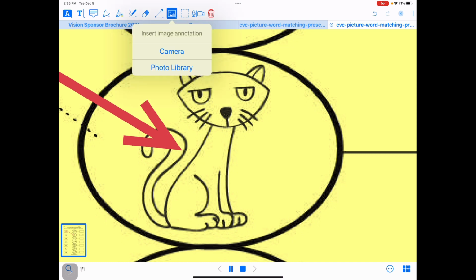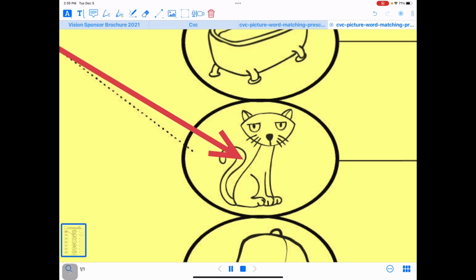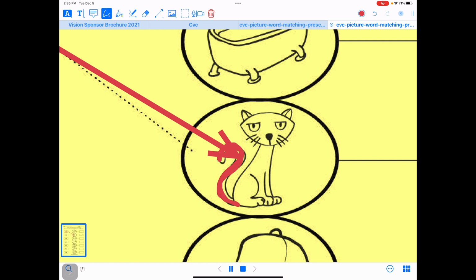You could go to the photo button and add a picture of a cat, maybe their cat, maybe a realistic photo of a cat that's more easily recognized by them visually. You could talk about the salient features of the cat while drawing with your marker tool. You could say, let's draw the cat's tail in red. The cat has a tail, ears, the cat has a nose, paws, and outline those in red as you're talking to the student. You could add a sound of a cat here, a video or a sound file using this button,